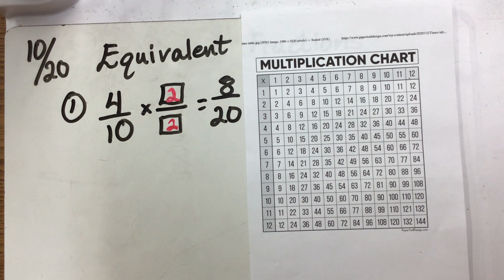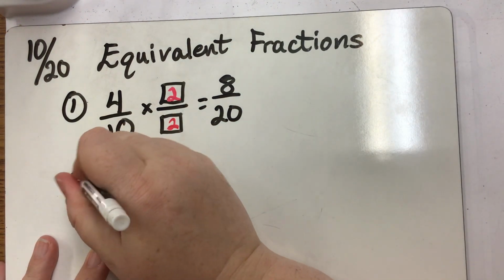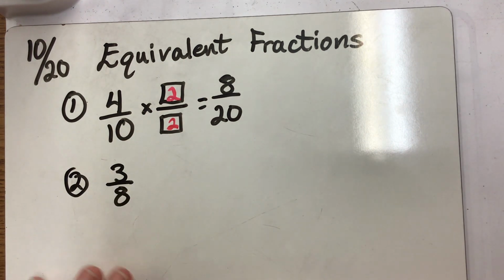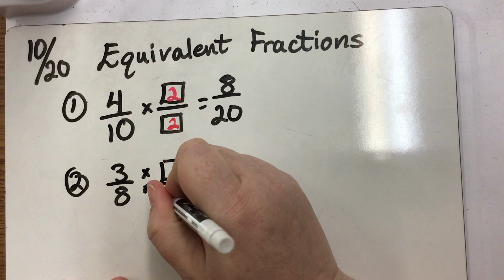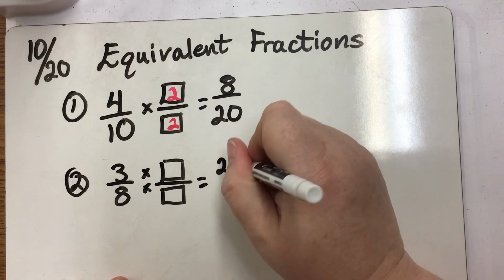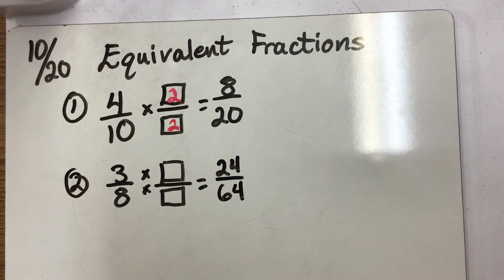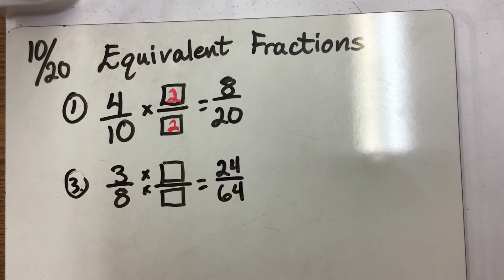Okay? Let's try another one, but this time we're going to do it a different way. Okay, so here's our second one. Our second one is 3/8 times something over something equals 24 out of 64. And yes, I totally just realized that that is not number 2. It's actually number 3. So sorry about that, guys. I can't read. So my other way to do it is, if I don't want to use my multiplication chart,